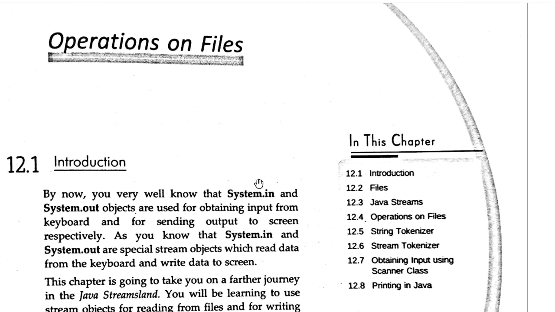In today's class, we will learn file handling, the operations on file in Java. Now, before that, we need to know what is file. File is a collection of data which can be saved in any secondary memory. Generally, we save our file in hard disk. In Java, we can handle two types of files. One is text file, another one is binary file. So let's start.